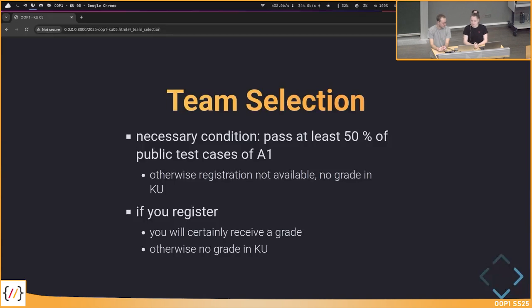It's also possible that you do not register for any team, then you won't get any grade in the practicals. So no negative grade, just no grade. But if you register for a team, then you will receive a grade, whether it's a positive one or a negative one. If you register for a team, we really think that you're committed to do the remaining part, and it would not be nice if you register for a team and then later decide you don't want to do it, and your other colleagues have to do everything on their own. So decide now if you want to do the teamwork and continue.